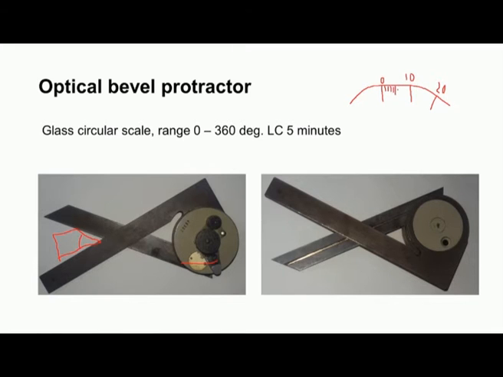So, this is 5 degree, again 6, 7, 8, 9, 10 like this, and then there will be a vernier, with 5 minutes least count. With reference to this 0 on the vernier, we should take the main scale reading as well as the vernier reading, and then we can note down the inclination, the angle. So, this is the back side view of the bevel protractor.